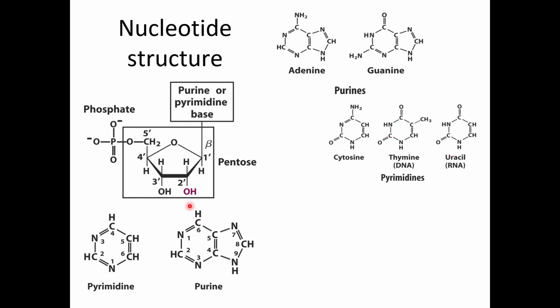This is the general structure of purine. This is the general structure of pyrimidine. There is counterclockwise numbering in case of purine and clockwise numbering in case of pyrimidines. So purine and pyrimidine bases get attached to the 1' position of sugar. When purine needs to attach, N9 of purine attaches with the 1' position of sugar. Then N1 of pyrimidine attaches with the 1' position of sugar to form pyrimidine nucleosides.